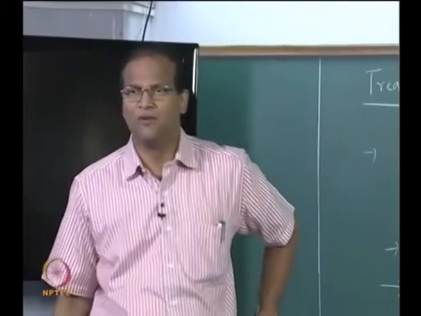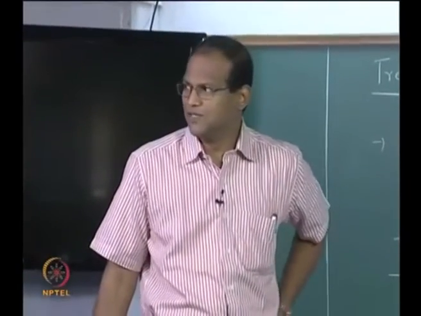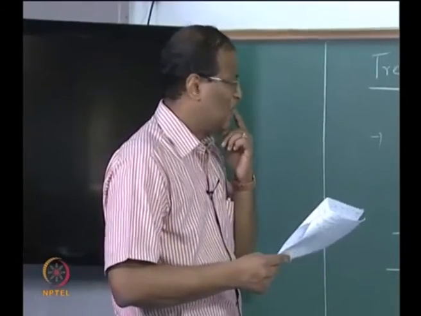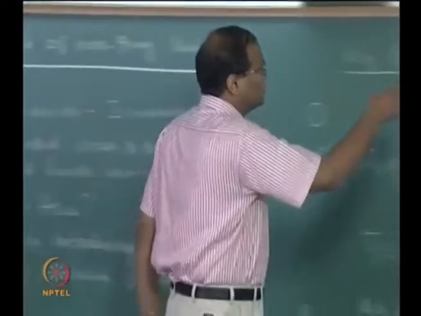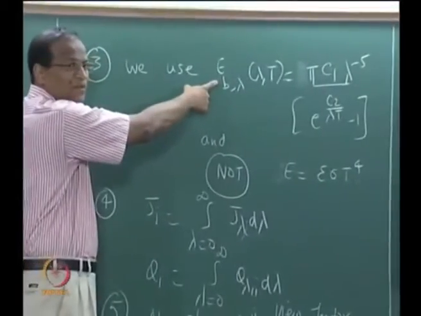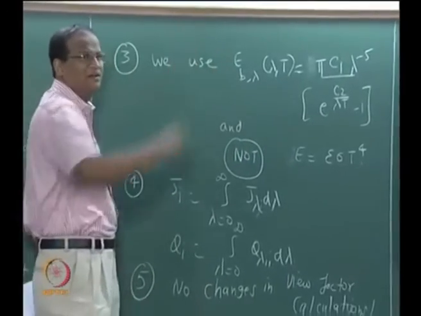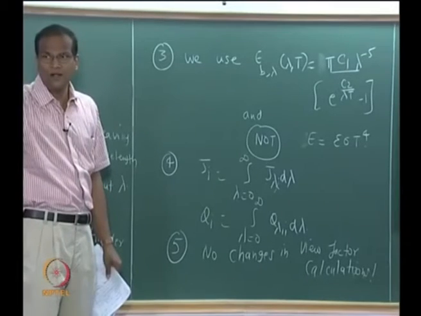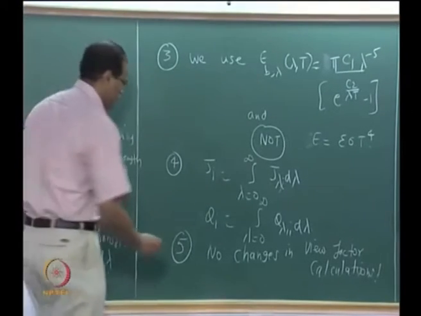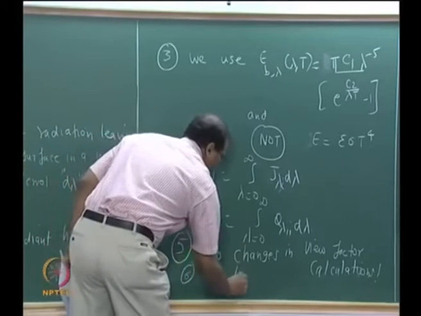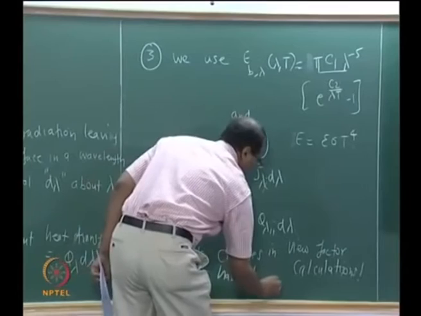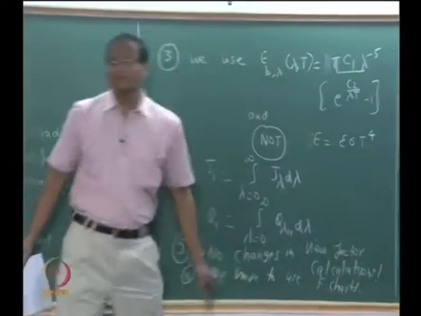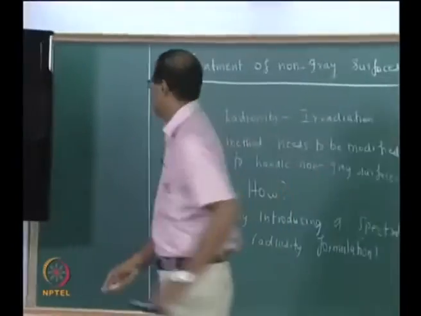We will just take the simple parallel plate formula, but now epsilon 1 and epsilon 2 are functions of lambda. I will just give a simple step function. Now, most importantly, since I am telling you that epsilon lambda is a function of lambda, in various wavelength intervals I have to use what? I have to use F charts. Okay. So this is the background required for a spectral radiosity formulation.